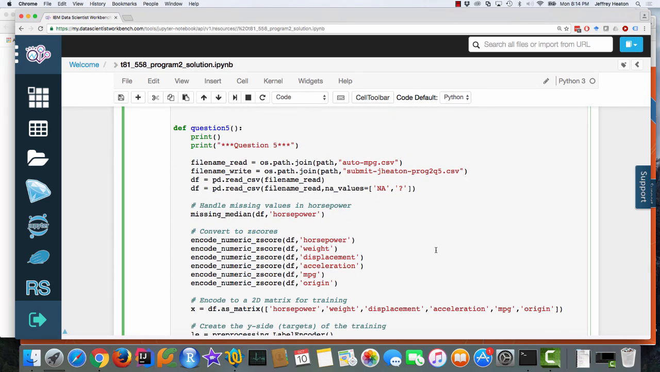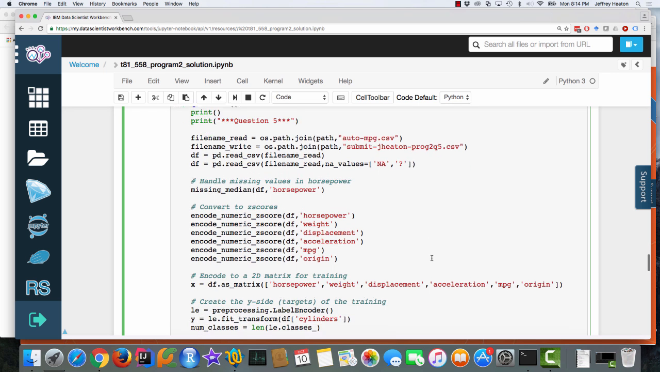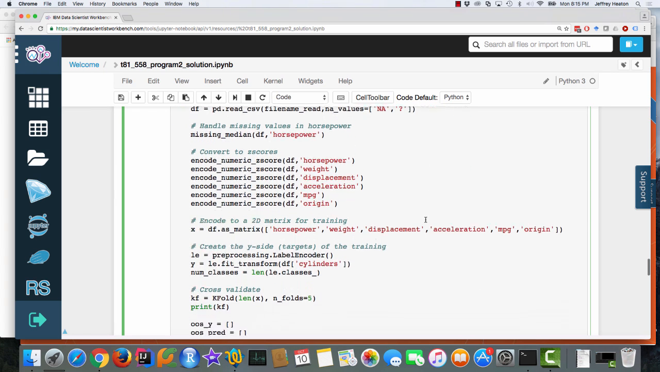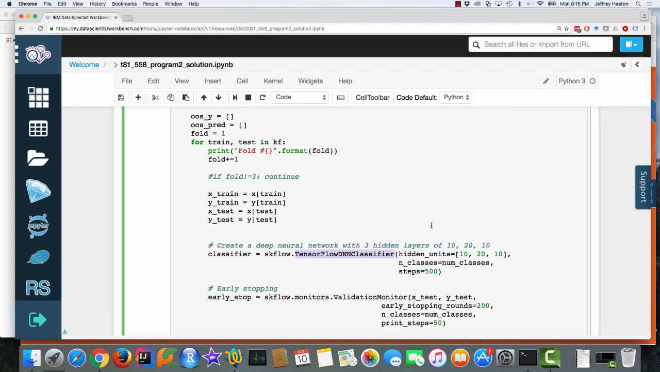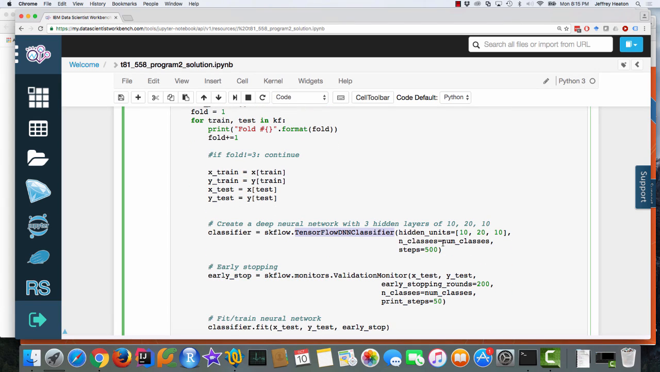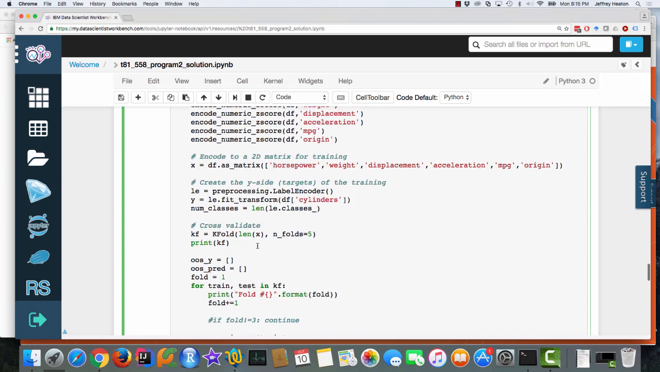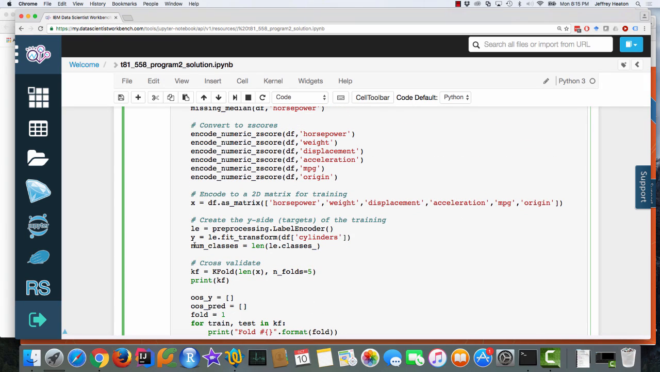Notice on 5 where I request classification. So classification, you'll notice I'm using a TensorFlow DNN classifier. I'm doing n classes equals num classes. That's because I'm incredibly lazy and I didn't want to go to Excel and count how many different engine configurations there are. So what I did, you don't have to do it this way, but you certainly can, is I basically get the length